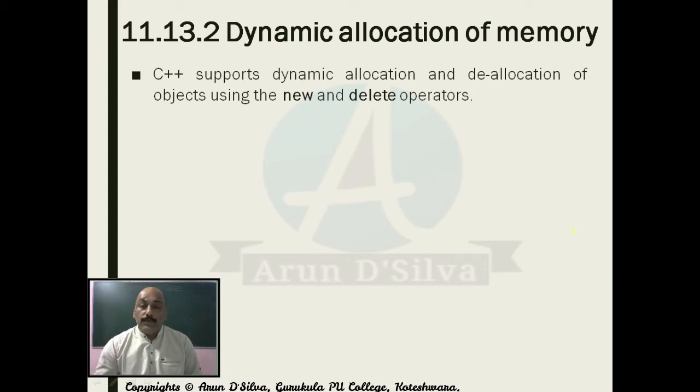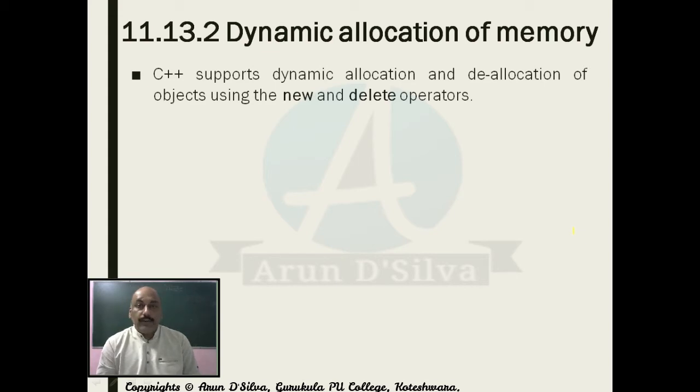When your object is created, by using the new operator we can allocate as much memory as is needed, and after that object completes its work, we can deallocate that amount of memory. So this is possible in C++. It is not necessary to wait till the whole execution is complete.